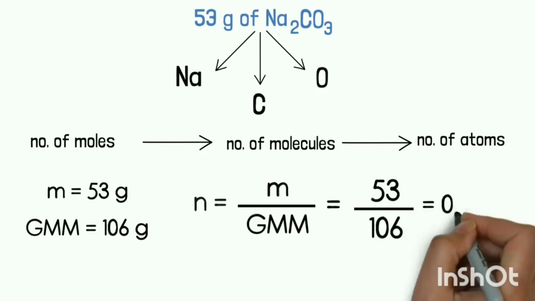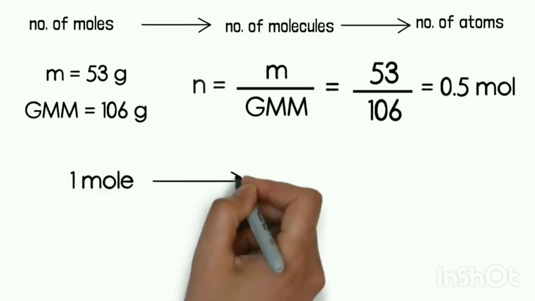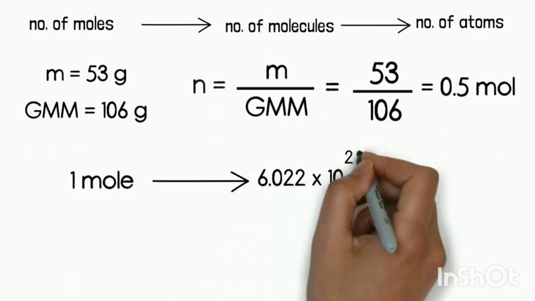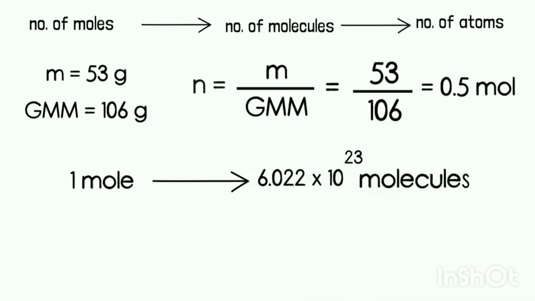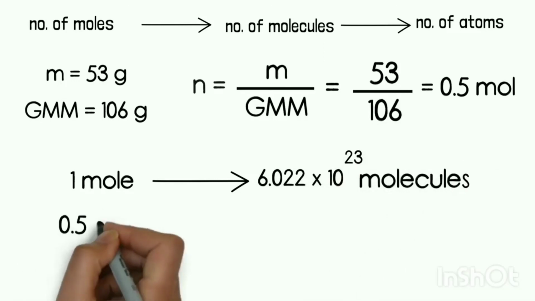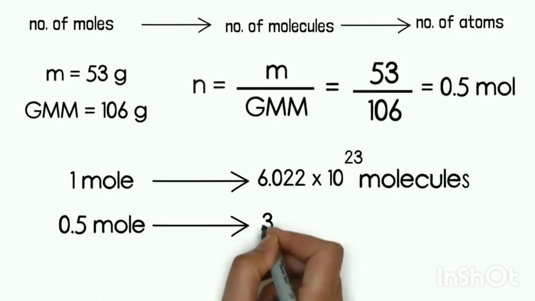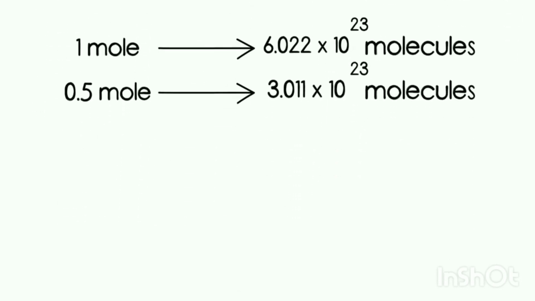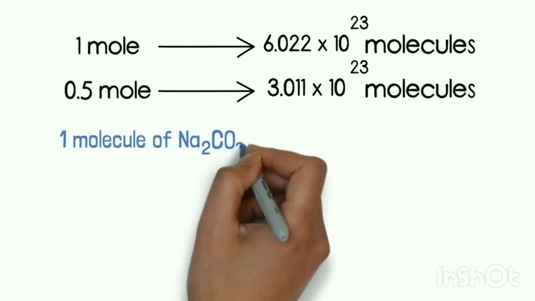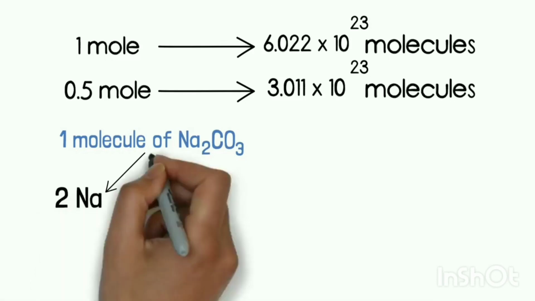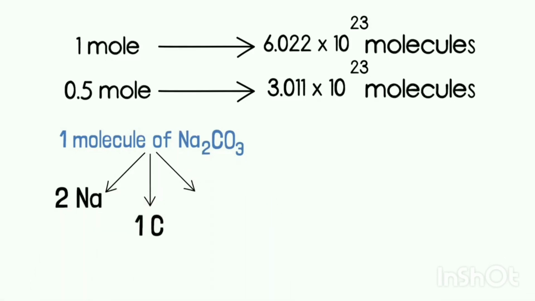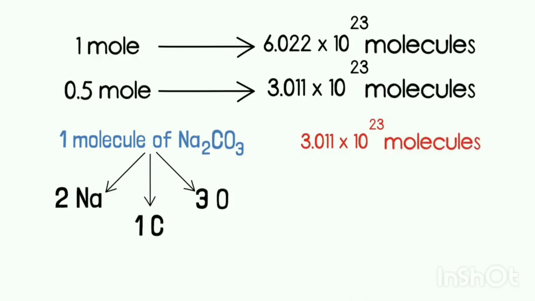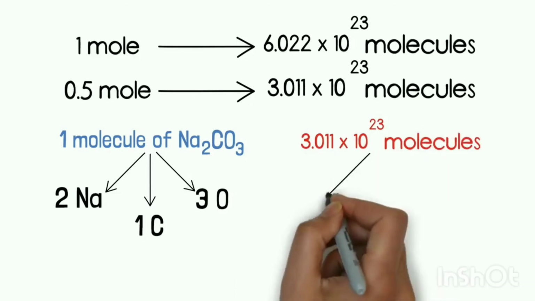Now we know that 1 mole equals 6.022 into 10 raised to power 23 molecules. So 0.5 moles will be equal to 3.011 into 10 raised to power 23 molecules. Now let us see the next step. In one molecule of Na2CO3 there are 2 sodium atoms, 1 carbon atom and 3 oxygen atoms. So if we have 3.011 into 10 raised to power 23 molecules, that will contain 2 into 3.011 into 10 raised to power 23